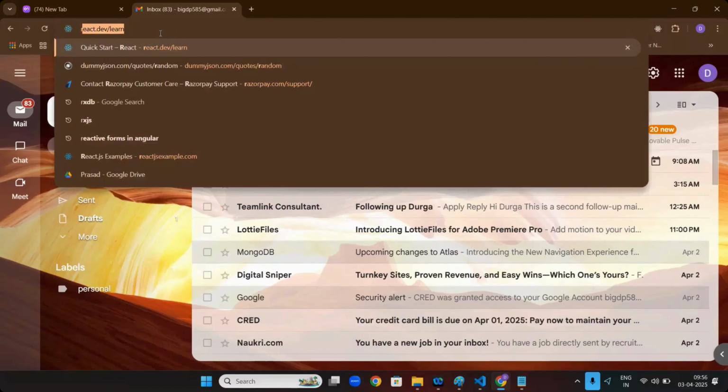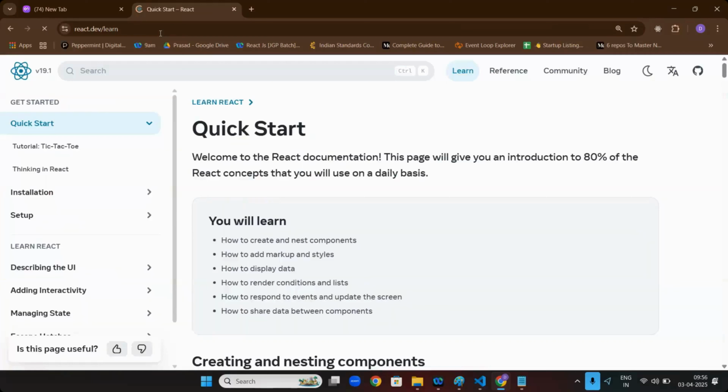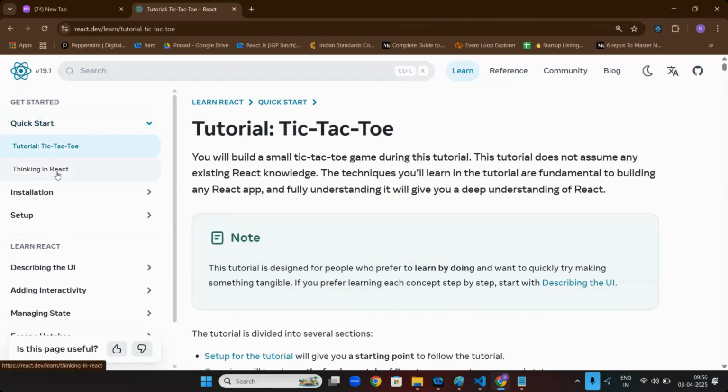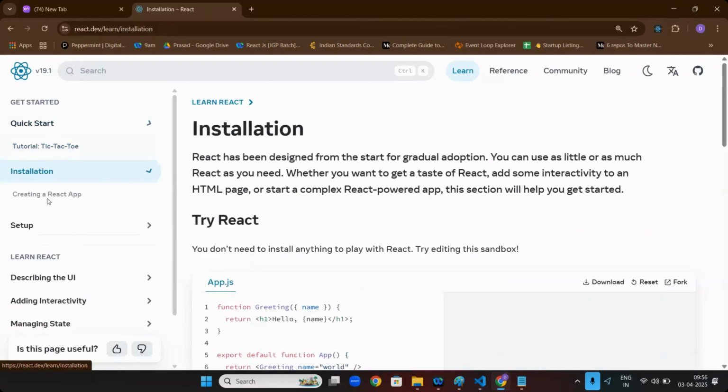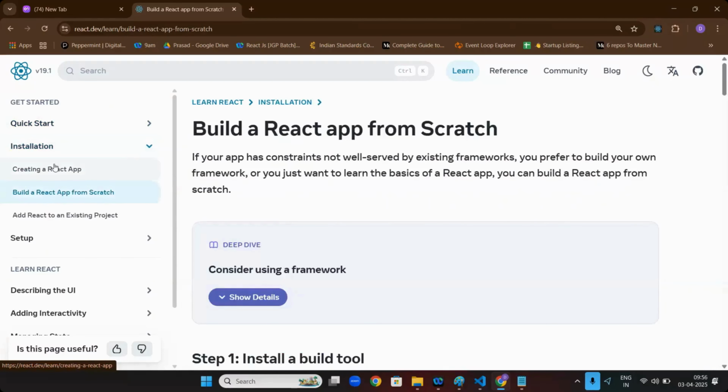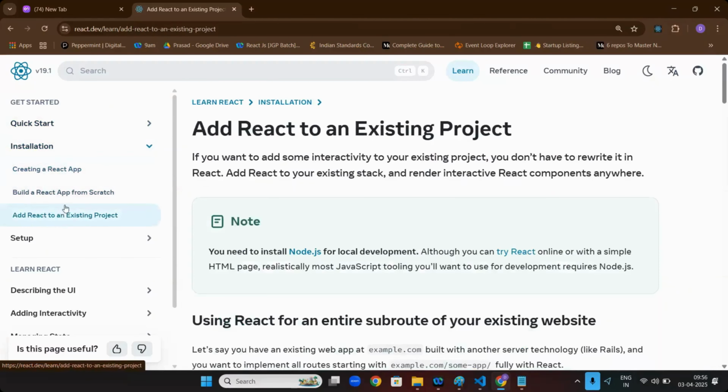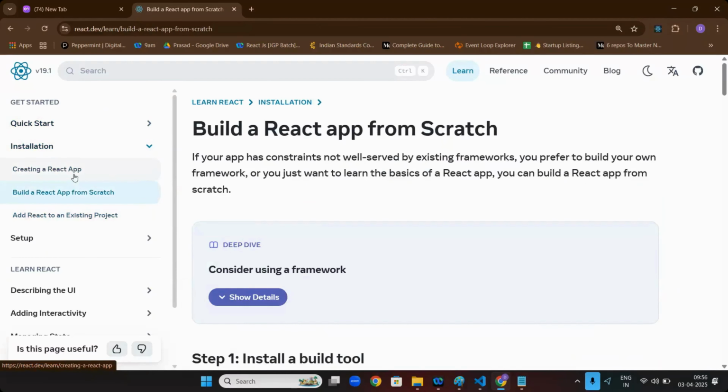When I go to the React official website, see here, I'm going to different pages and getting different content. But when I'm getting different content, is it reloading? No, because it is a single page application.